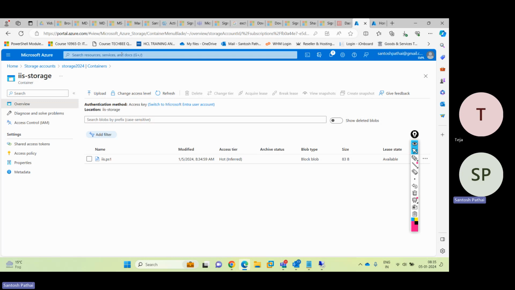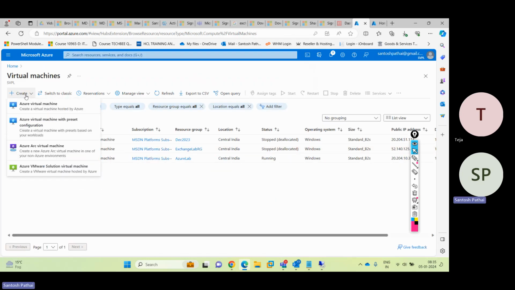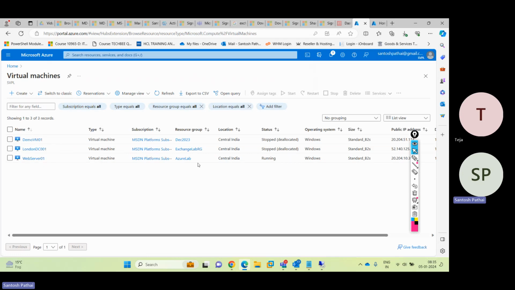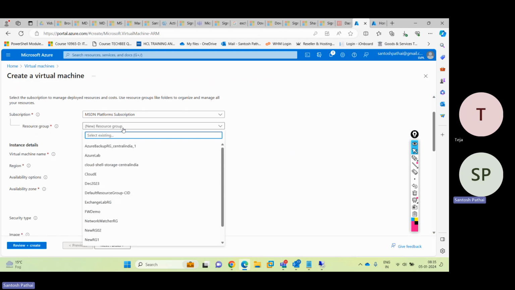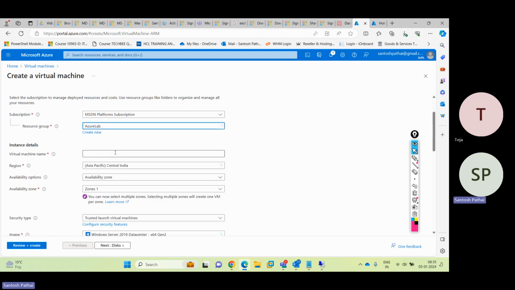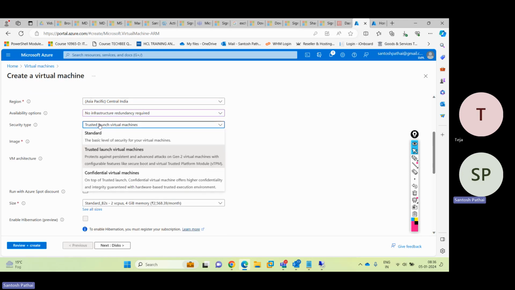Now let's go back to the virtual machine. We'll click create, deploy new Azure virtual machine. We'll select the resource group, Azure Lab. We'll give the virtual machine name as Web Server 02. We'll go with the availability option as no redundancy, security type standard,